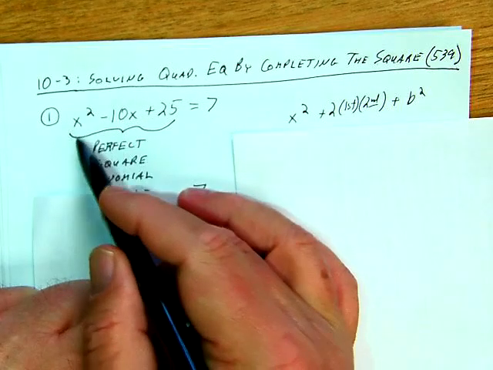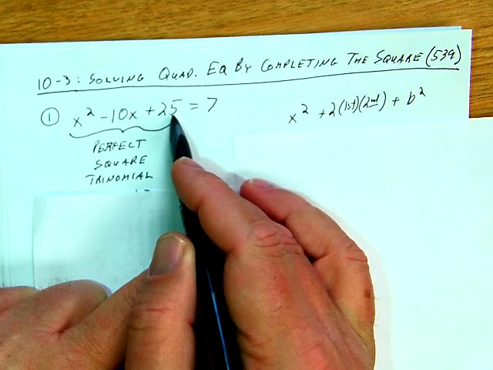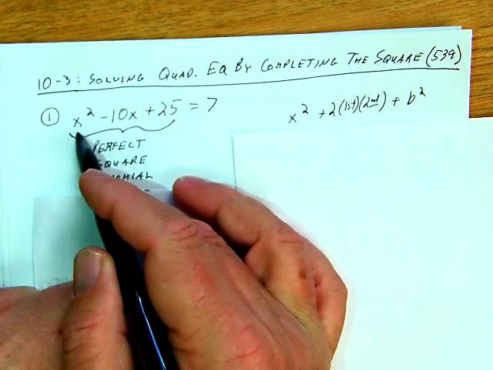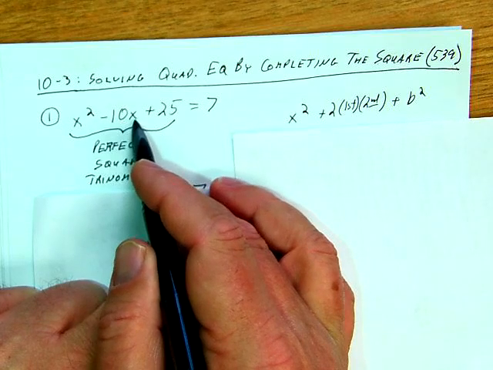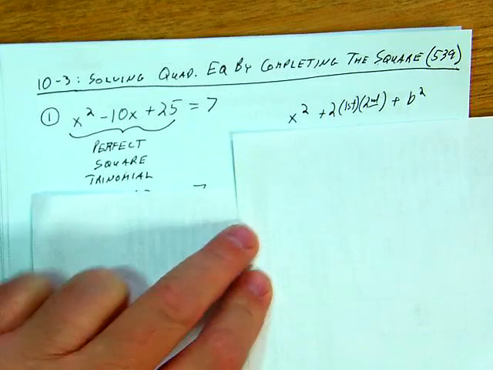So let's take a look at it. Square root is x, square root is 5. 2 times 5 is 10, times x is 10x. Is the middle 10x? Yes, it is. It's a perfect square trinomial. So once I have that,